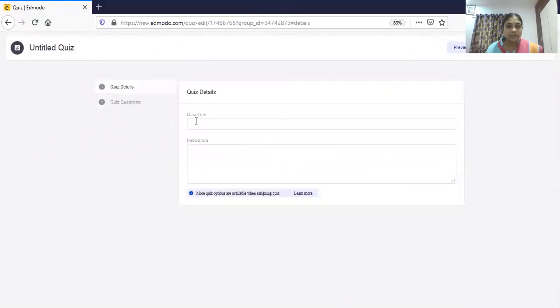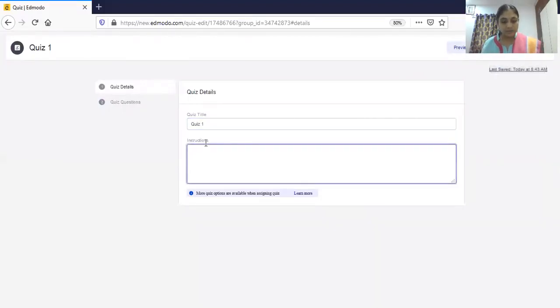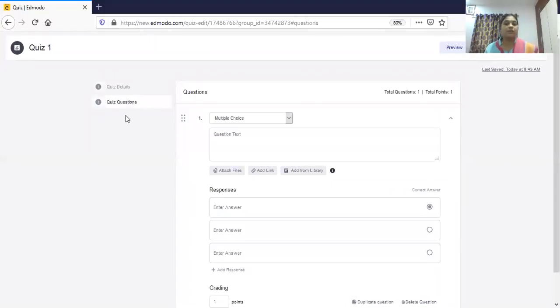In details, you have to give the title, then instructions. You can see your preview and assign option. For the quiz title, you can give anything, say quiz 1. You can give general instructions here, whatever you feel. Okay, and then go to questions, design questions.